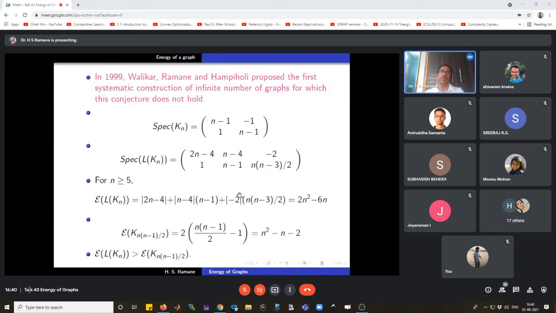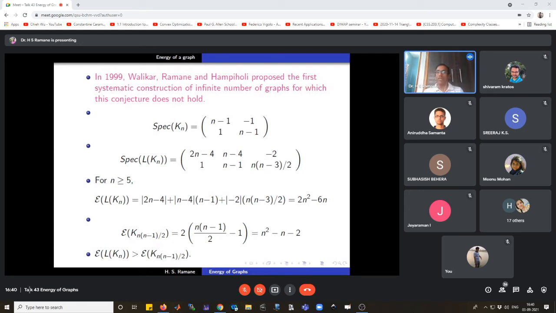So for n more than or equal to 5, you can get several graphs, that is the line graphs of Kn, where the energy is more than the energy of the corresponding complete graph. So from here, the concept came as hypernergetic graphs. Since the complete graph has the maximum number of lines, it is defined as follows: a graph G is said